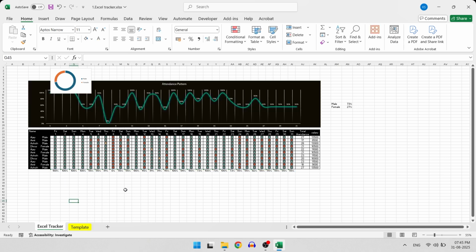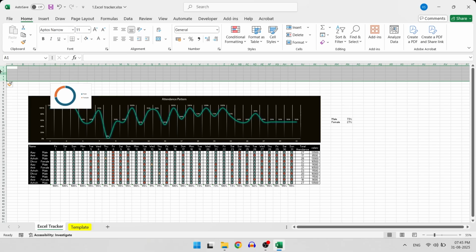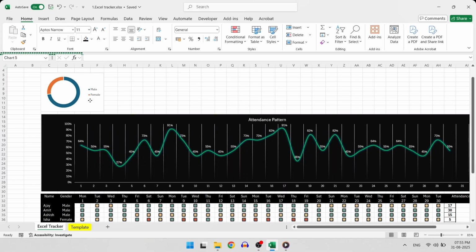Now let's move the chart down and let's format the KPI card. Set the title of the KPI card to demographics. Bold it.